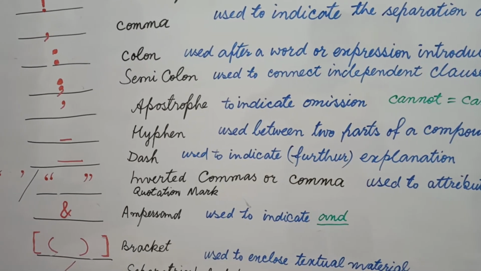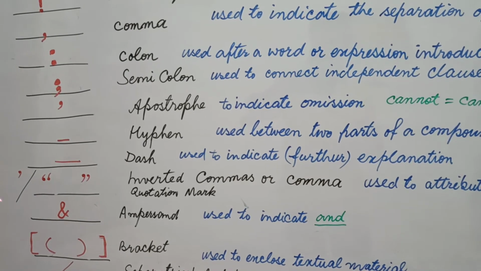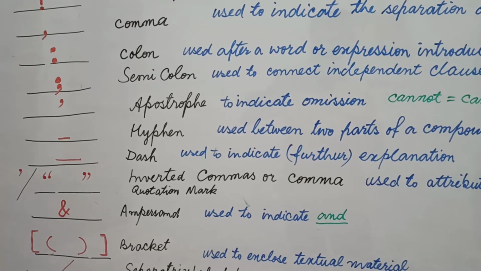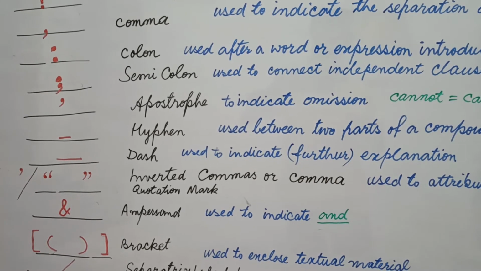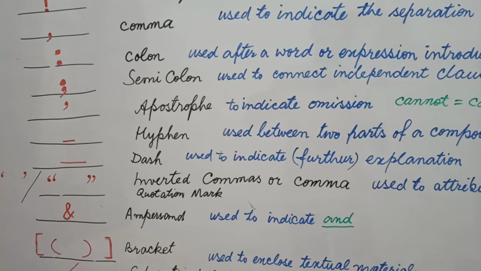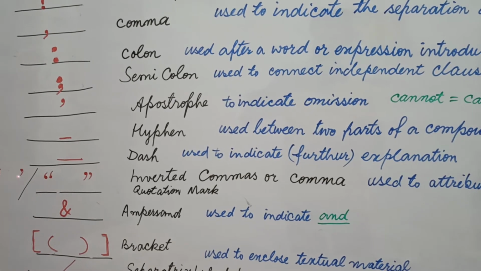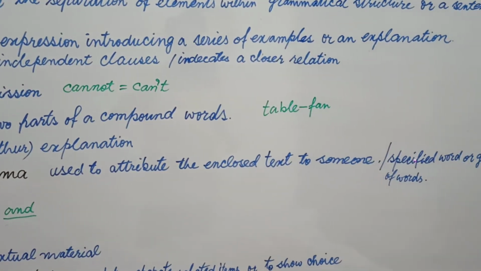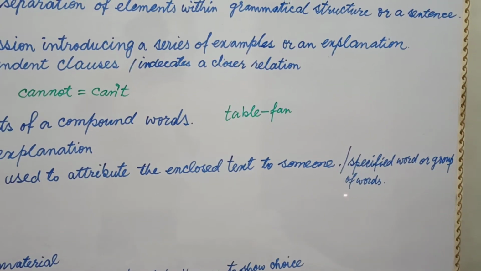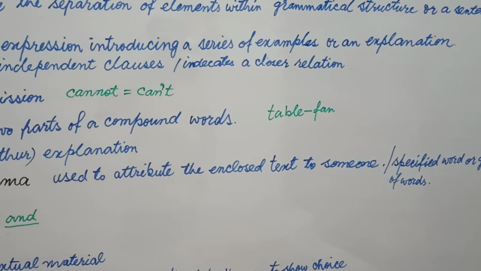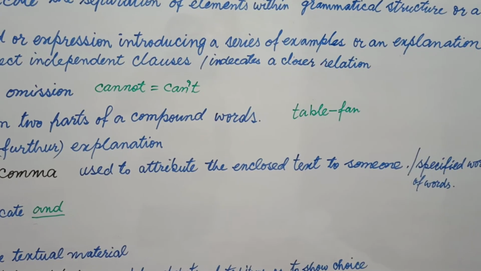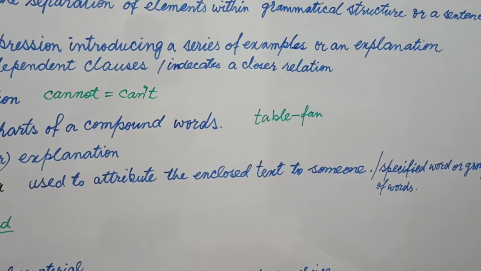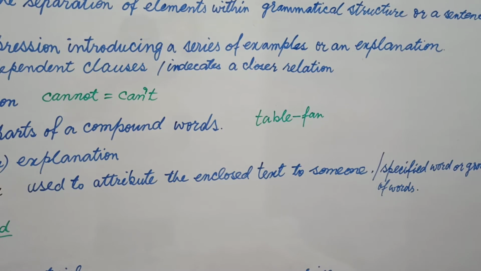And students, in the same way there is another set that is the single inverted comma. It is in the form of 6 and 9, but the points are closed, their heads are closed. Students, we use this single set of inverted commas when we give some specific meaning of a specific word. Just like if I say I am a teacher, there is no punctuation mark, and I put a punctuation mark at the end of the sentence after teacher.